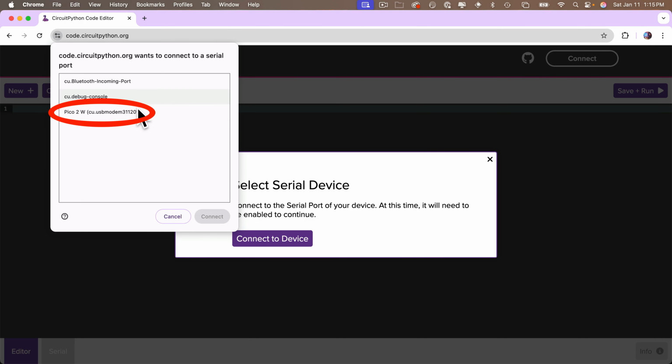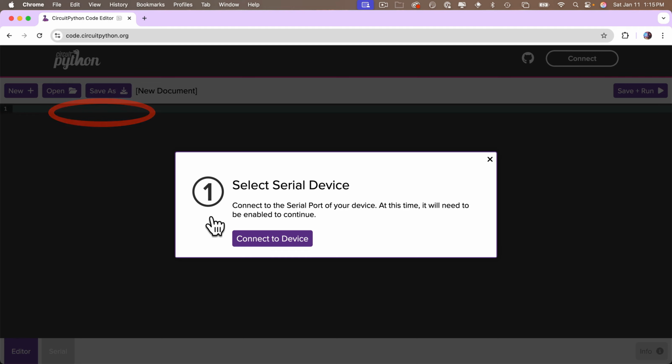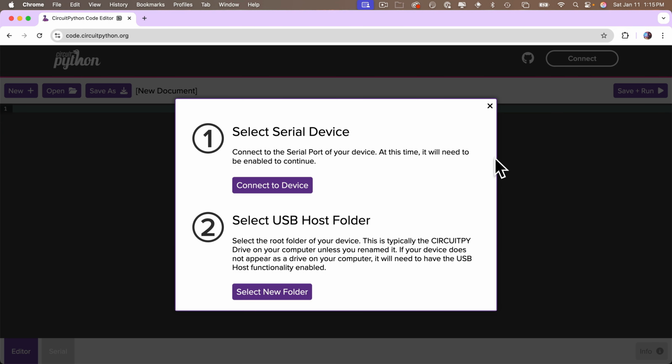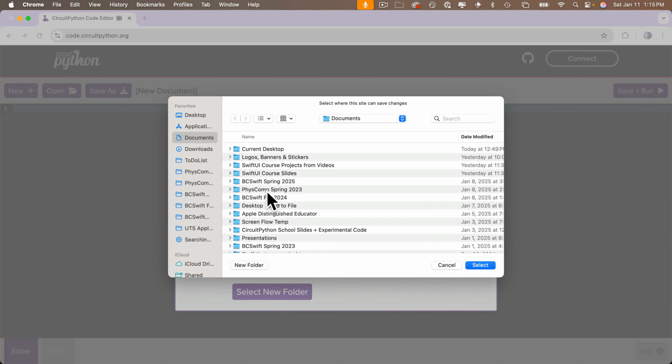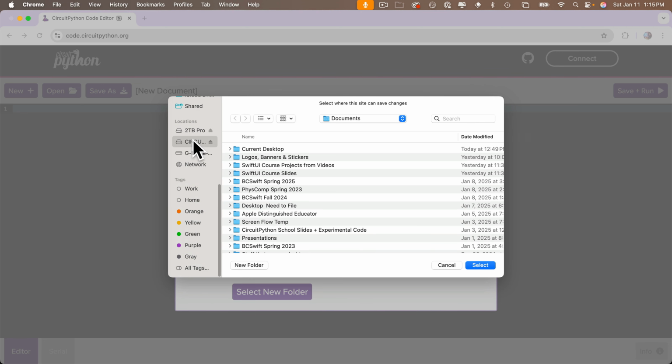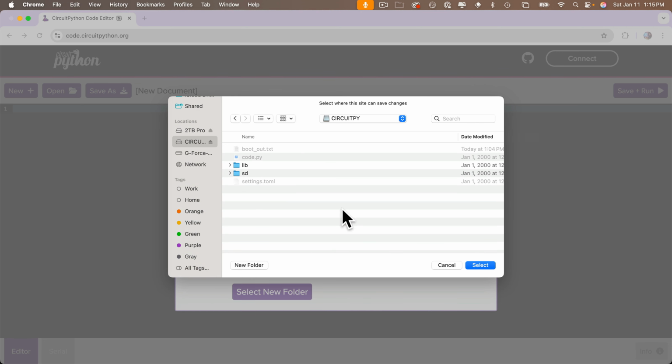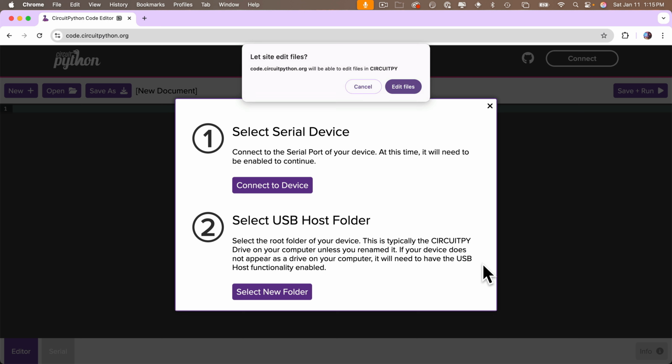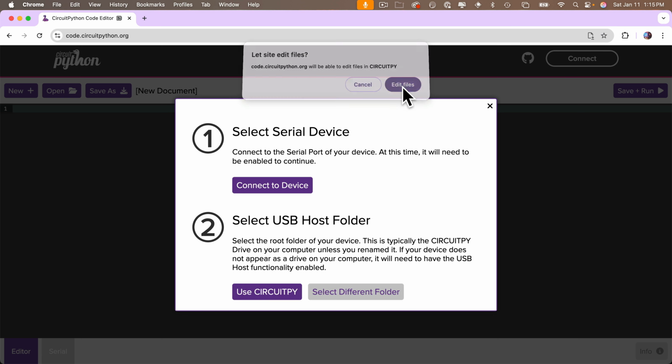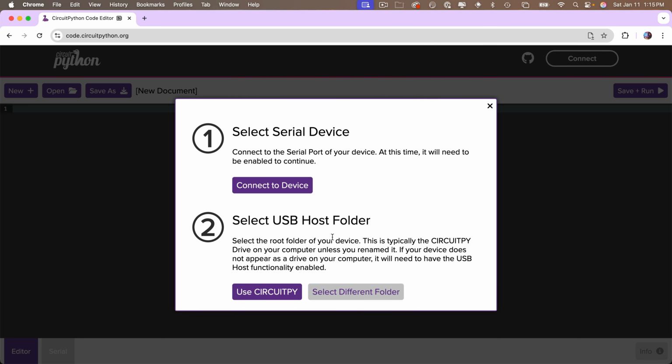It says Pico 2W, so I'll click that and click Connect, and the snake swirls, and we see that we need to select the root folder for our device. So this is usually the CIRCUITPY volume, all caps. So click on Select New Folder, then navigate to your CIRCUITPY volume. That should show up wherever your USB drives are listed. Select it, then click the Select button, and then when asked if you should let the site edit files, click Edit Files, and then I'm going to close this window,